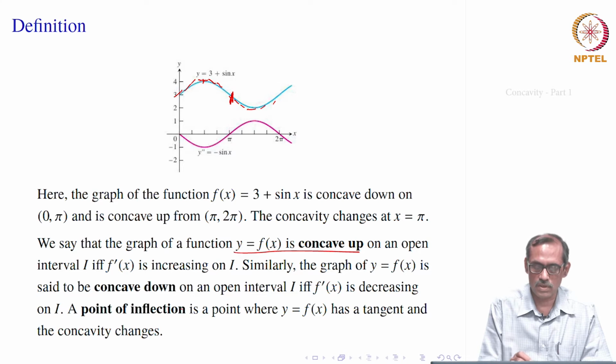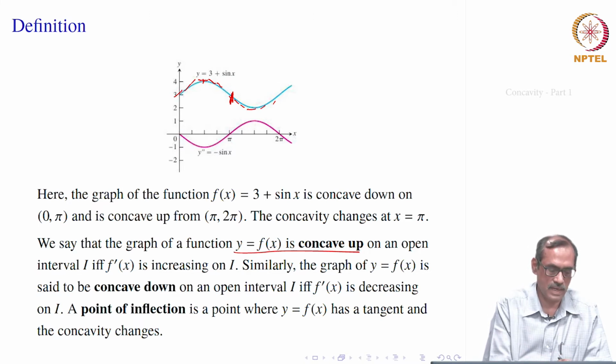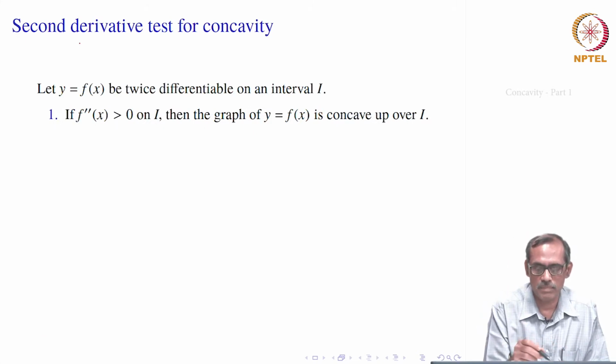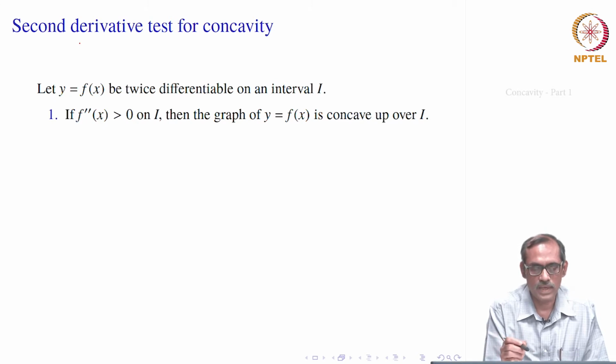So, these are the three notions we introduce with concavity: concave up when f prime x is increasing, concave down when f prime x is decreasing, and a point of inflection where a tangent exists and the concavity changes. We will be applying this to some other functions, not for this only, where our derivative will give us the information how the curve looks like. That is the main idea. Okay. So, for that we can really, instead of looking at how f prime is increasing or decreasing, think of the second derivative.